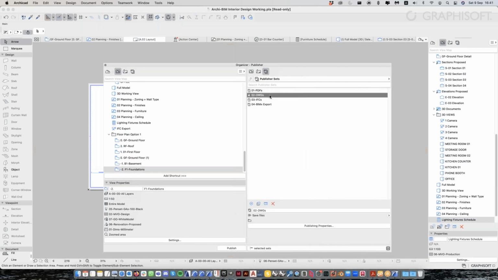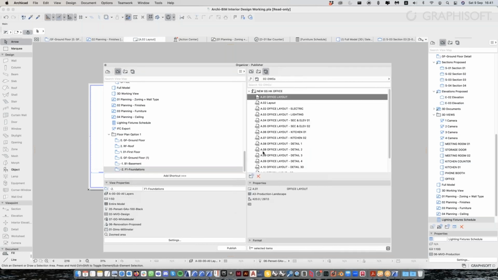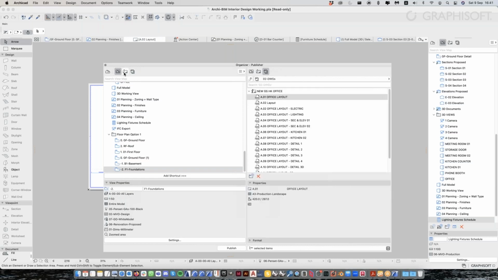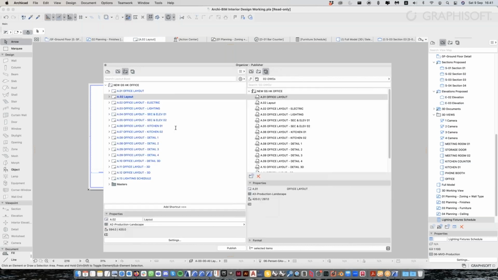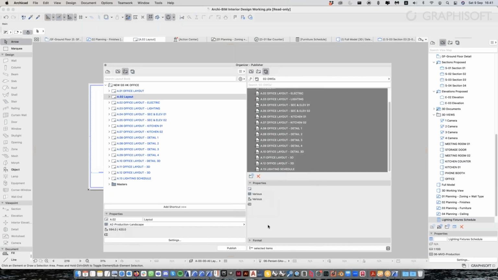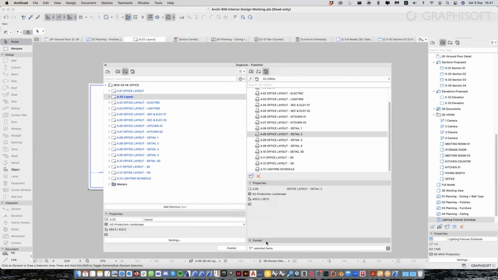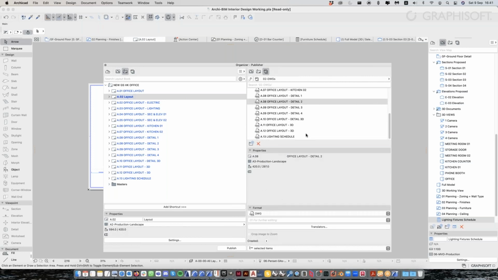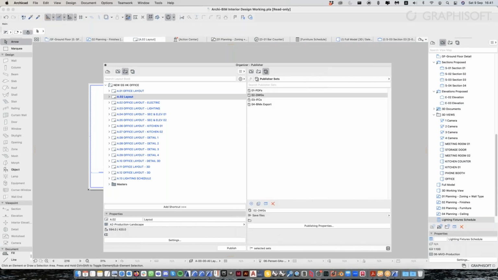Or, if I need to actually export them in DWG, then I duplicate the publisher set, but referring to the same layout, same sheets, and just assign the proper format, which is the DWG. And then that's it. Set up the translator, and that's it. You can export DWGs. Okay,